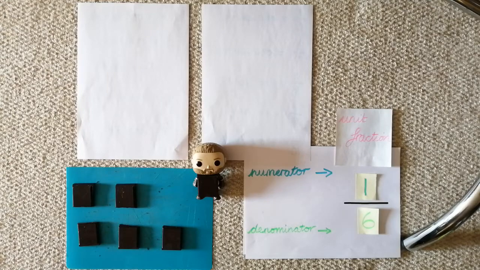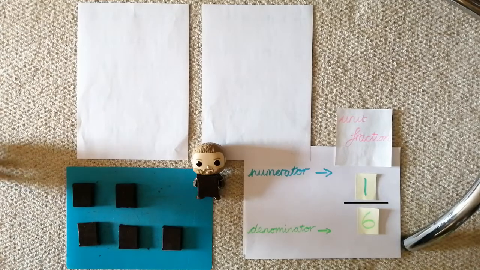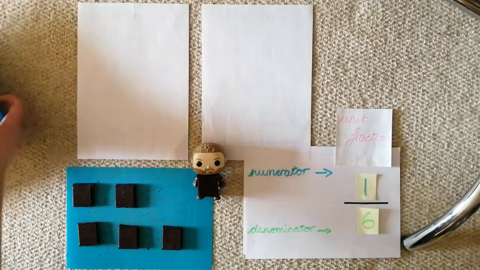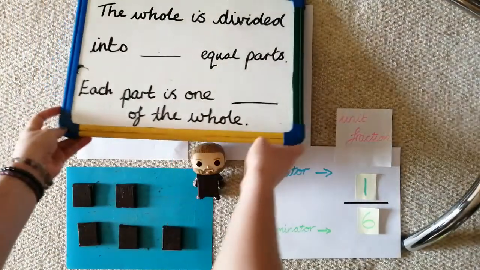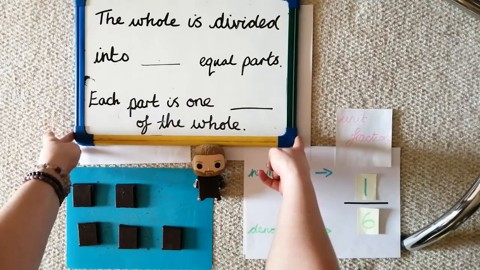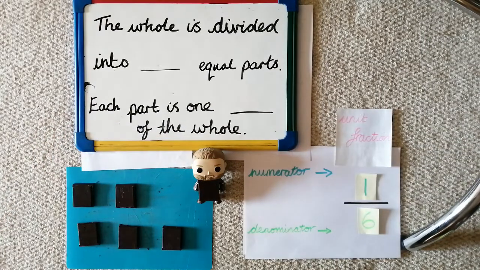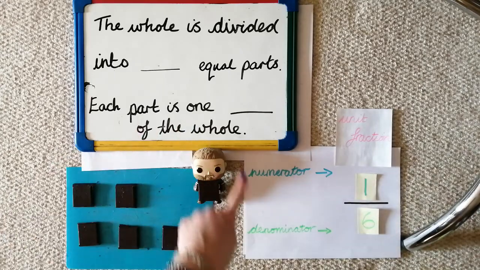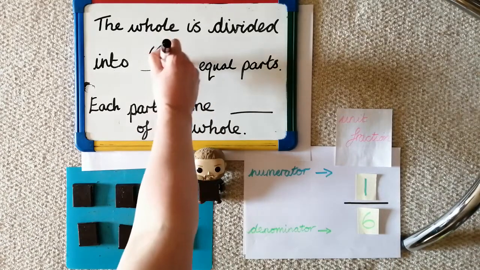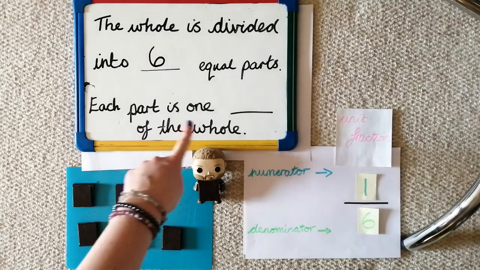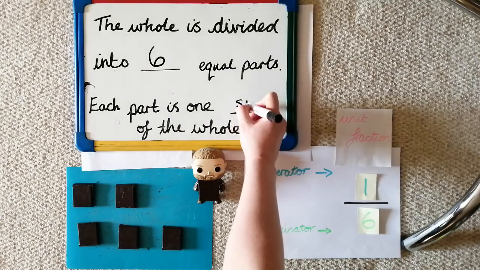Now, this is just looking at 6, but I've got a sentence or a couple of sentences which you can use to help you remember how to write these fractions. So I'm going to put those in there. Okay, so I want you to read this sentence with me. We're going to fill this in. When we're looking at the whole, a way of describing our fractions, the whole has been divided into 6 equal parts. Each part is 1/6